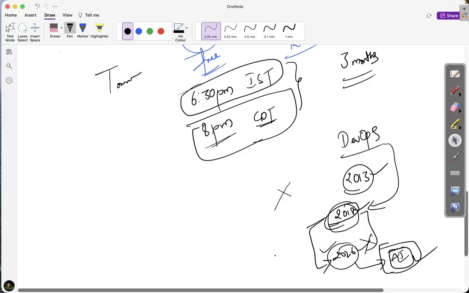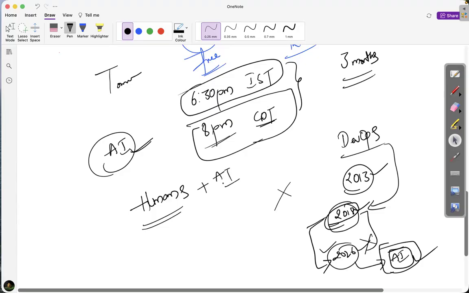Why? What is the reason? See, we all know AI is replacing many jobs, but here AI is not replacing the jobs. AI jobs are also done by humans only. Humans will do them, but humans who know AI tools are the ones replacing others, not AI replacing. Humans who know AI are replacing. You got the point?